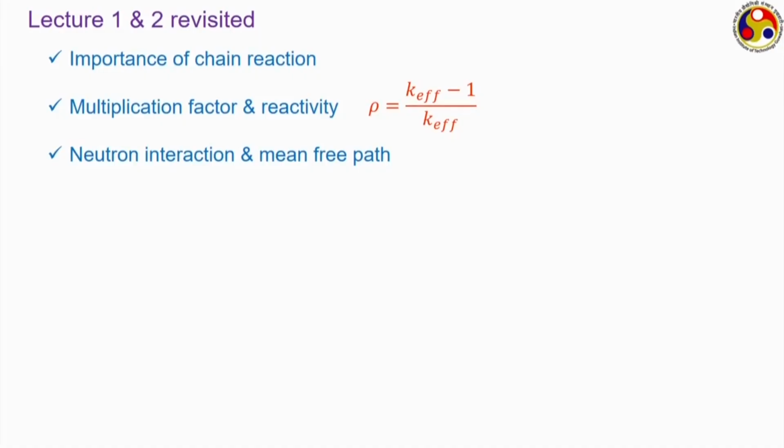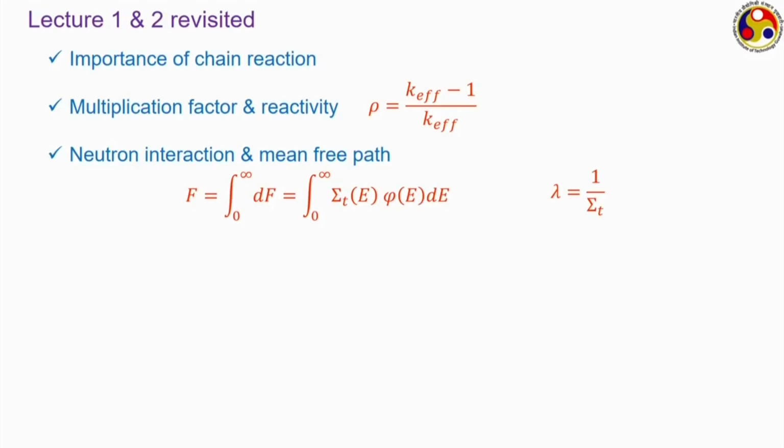But controlling this reactivity is very important, and the most important factor in that control is the role of neutrons. Therefore, in previous lectures we have discussed a lot about different factors associated with neutrons. We have discussed neutron interaction, which is generally given by a relation like this, and the mean free path characterizes the average distance travelled by a neutron between two successive interactions, or which can be related directly to